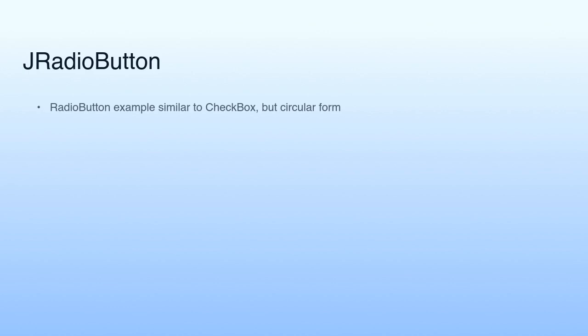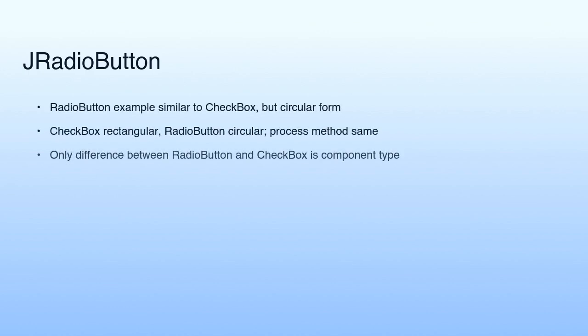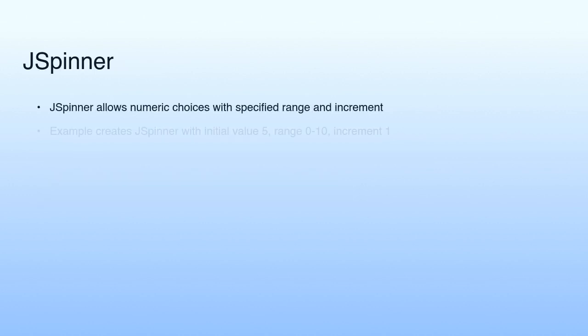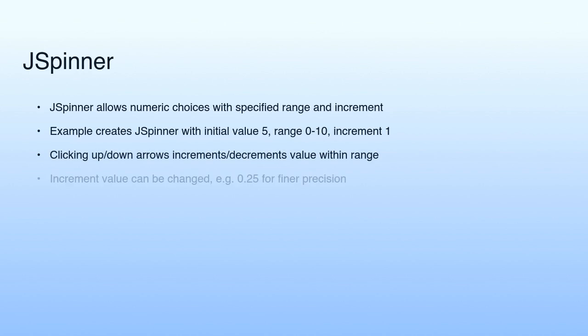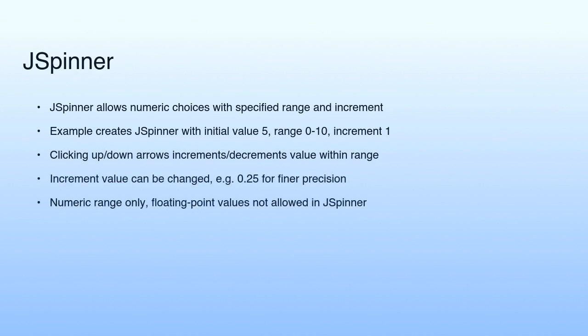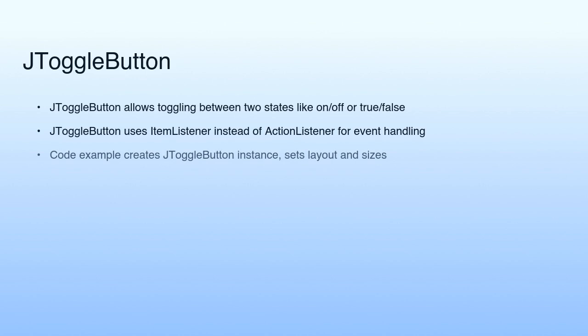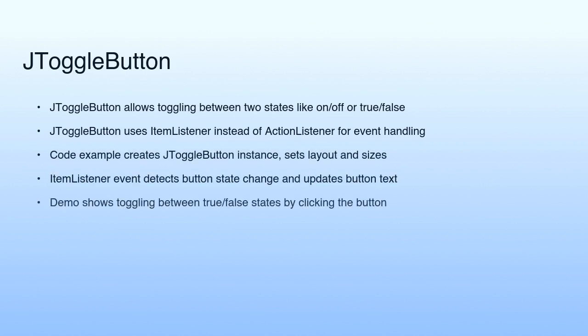Continuing with selection components, the radio button is presented as a circular alternative to the rectangular checkbox, following the same process but with a different visual style. The JSpinner component is also covered, allowing users to choose numeric values within a specified range and increment, useful for controlling precise numeric input. Lastly, the video discusses the JToggleButton, which toggles between two states like on-off or true-false,